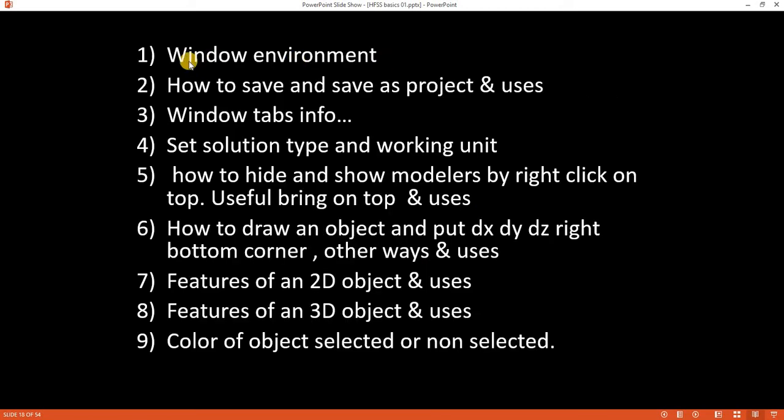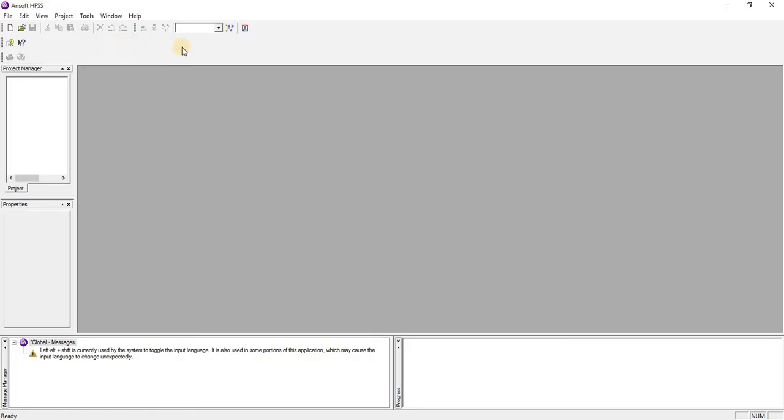So let's start. First, we will look at the environment of HFSS. When we open HFSS, we will see this kind of environment.